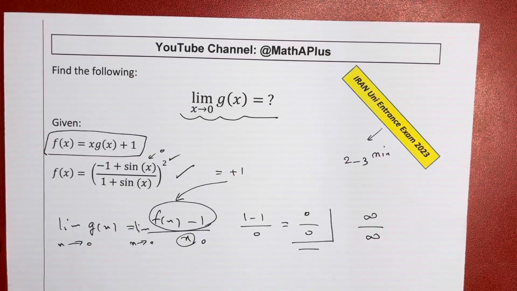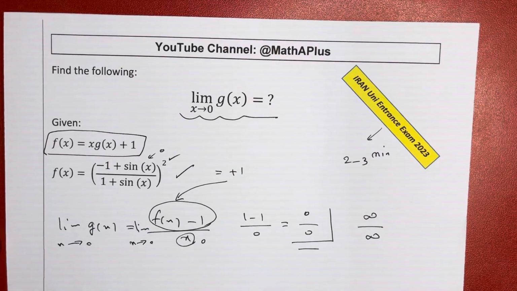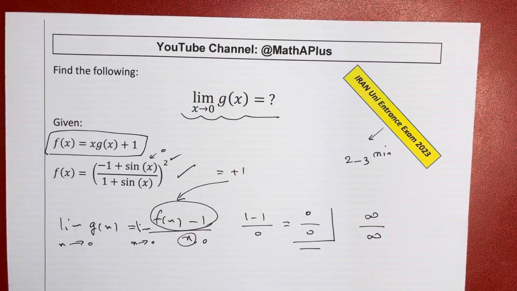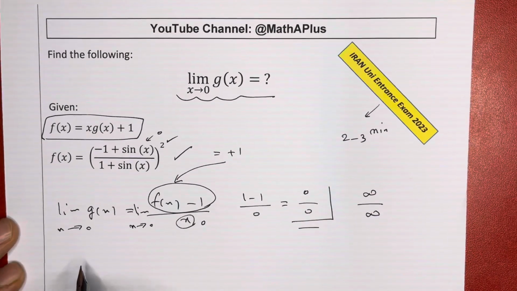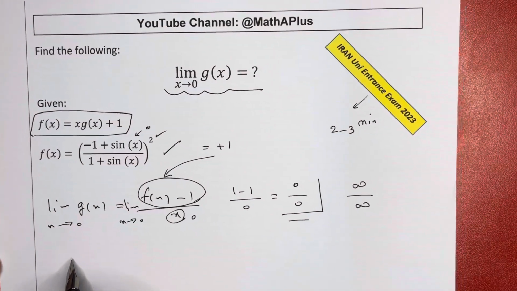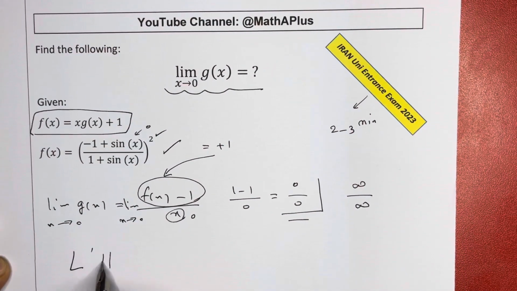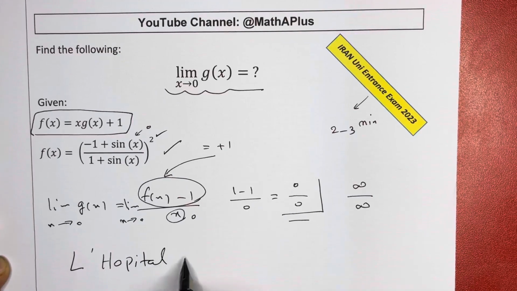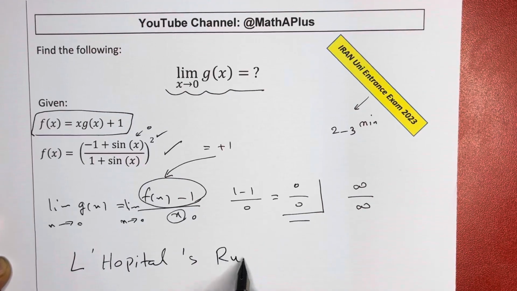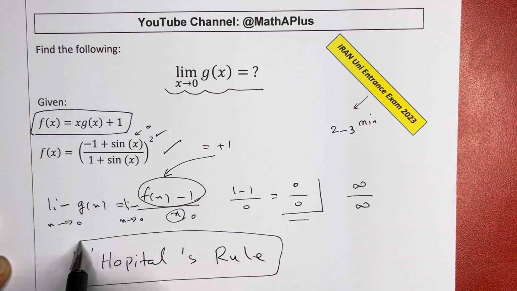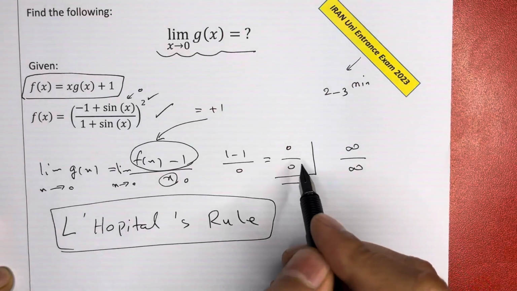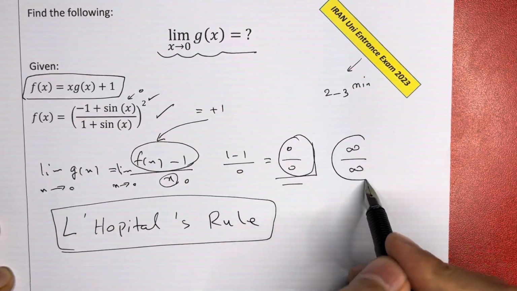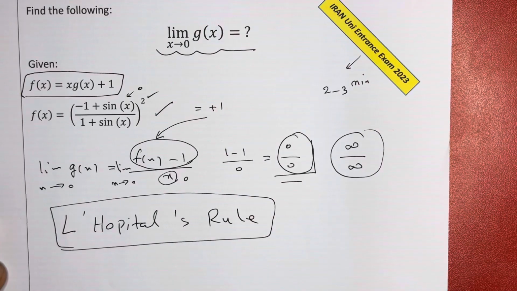And the fastest, easiest way, especially when you are attending the exam, is using L'Hopital's rule. What does L'Hopital's rule say? It says whenever you come up with undefined limits such as 0 divided by 0 or infinity divided by infinity,